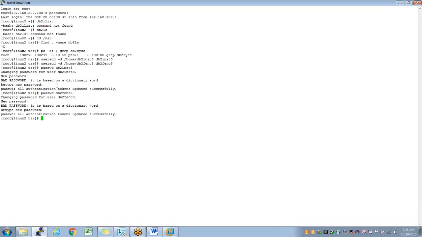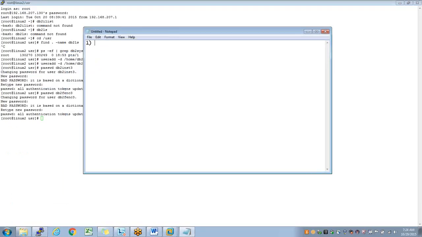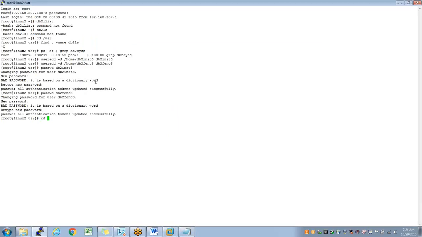Okay, these two user IDs are basic prerequisites. Why do I need these user IDs? To create an instance. What is an instance? If you look at the whole process, we downloaded the products. Then we FTP or SCP the products, right? What did we do after that? Extract, install, right? This extraction we have done as a root user. This install we have done as a root user. After install, where will it keep the files by default? In /opt/ibm/db2/V10.5. Agree? Yeah. So if I go to that folder,